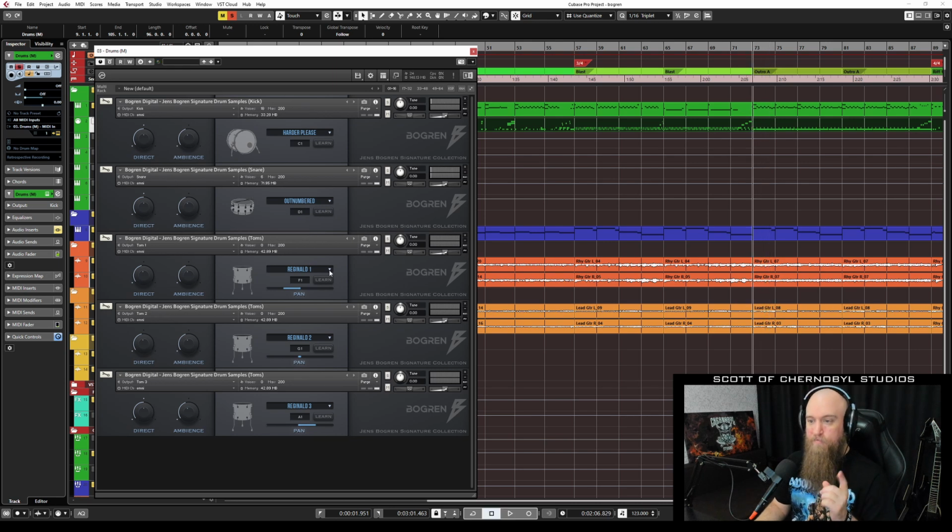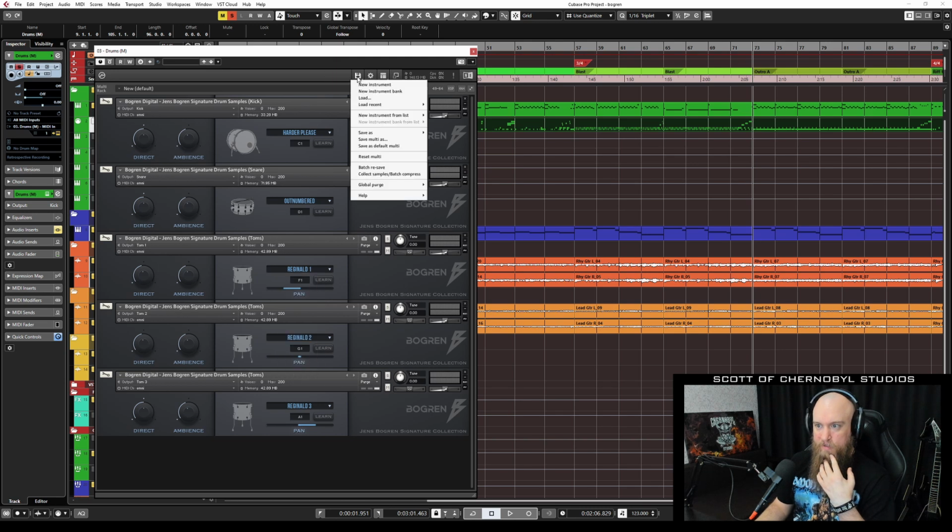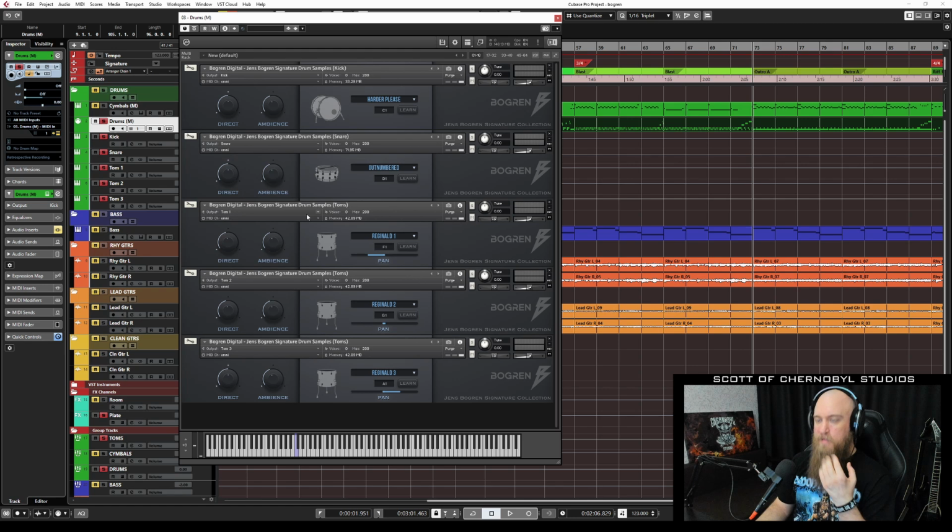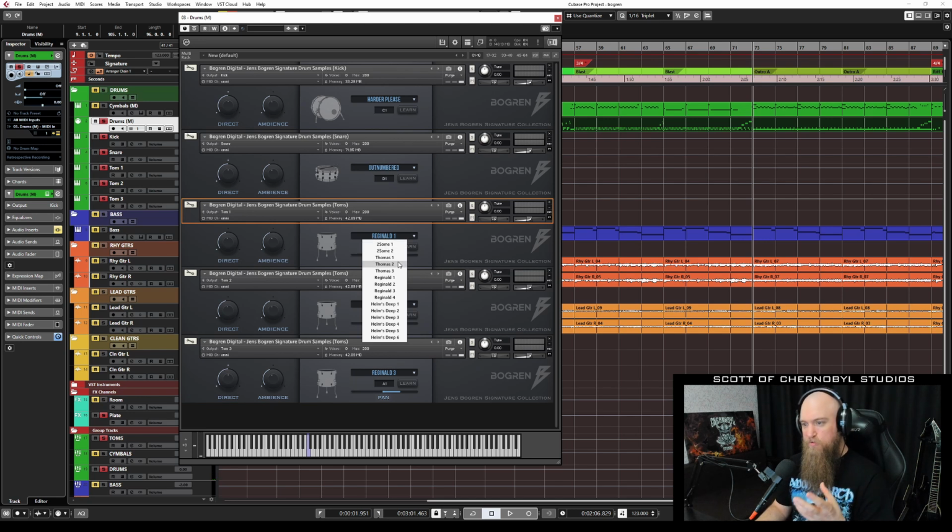Nice. Now the toms, I really want to say something about the toms that I particularly liked. Let's bring the keyboard back, because I don't have a lot of tom parts here. The toms are great. There's a lot of different sounds. You've got basically 4 different sets. So you basically got 2 sets of 2, and then a set of 3, a set of 4, and a